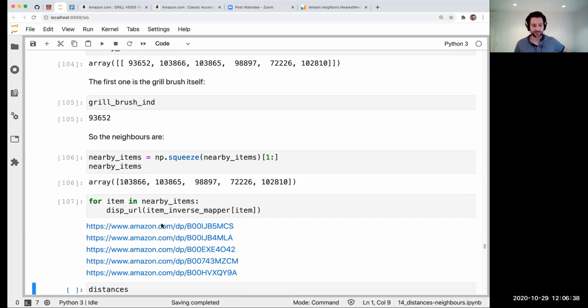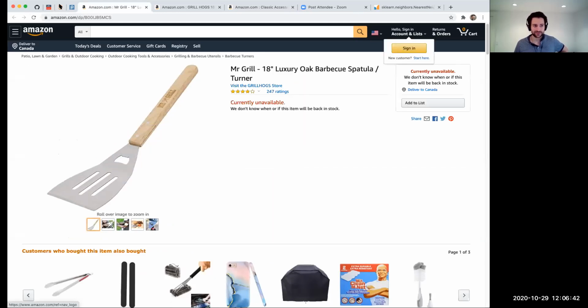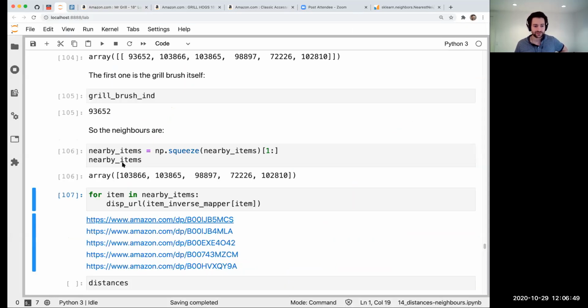And we can get it to print out these URLs and we can actually click on these things. So this is apparently similar to the grill brush. I mean, you tell me if it's similar. It's also by Mr. Grill. It's by the same grill hogs. And